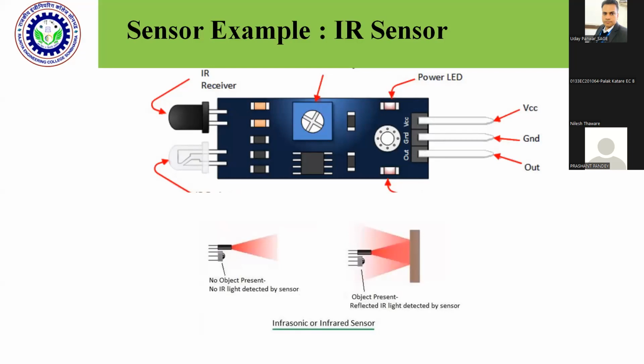Although a lot of programming will be required, maybe you have to deploy 2 IR sensors, because suppose a person enters and at another time another person enters, then how will it detect that the person has entered or has come out? So you may need to deploy 2 IR sensors so that you can tell whether the person is entering or going out. Depending upon that, you can count how many persons are in the room, and control the fan speed and the air conditioning of a particular room.